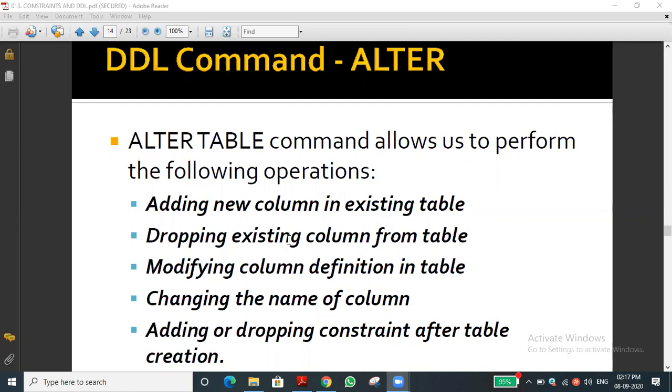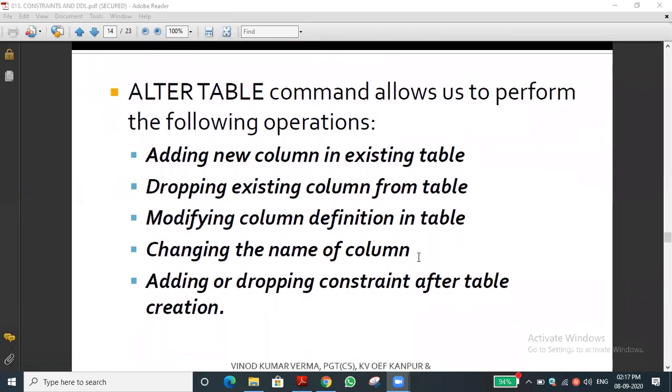Once we have completed those things, at last we will discuss the foreign key. How to create two tables and how to establish a relation using the foreign key concepts. What concepts are there? On delete cascade and on update cascade, two types of concepts are there. What is the use of these concepts, we will discuss at the end of this chapter. Okay, let me enter into the basic commands.